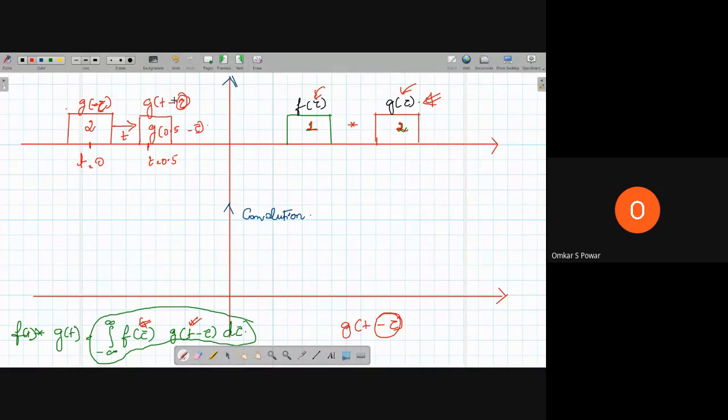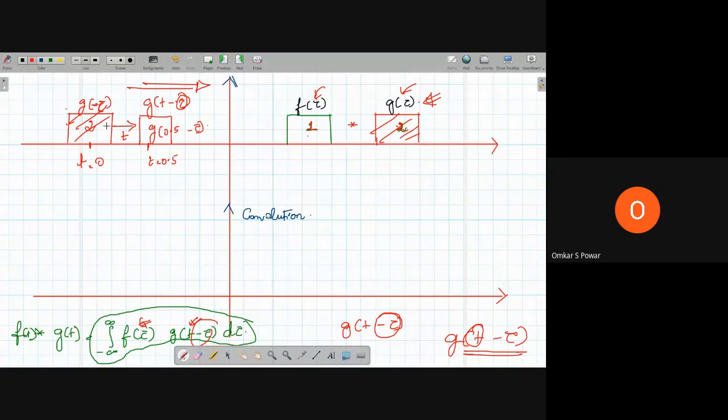What I am doing in convolution is this: you have two signals, signal 1 f of tau and signal 2 g of tau. Now if you want to get the convolution of these two signals, what do you have to do? First we take g of minus tau, which is just the mirror image of this one. Then we have to shift it, g of t minus tau. It is not only minus tau, it is t minus tau. So we have to shift it. Again I repeat, we have to shift it. So let me shift it.